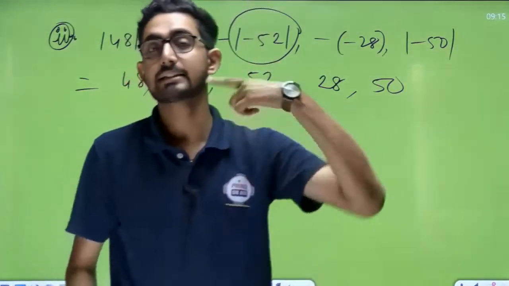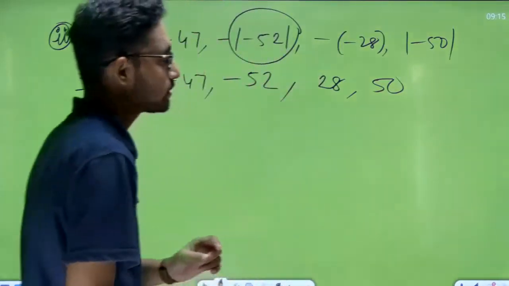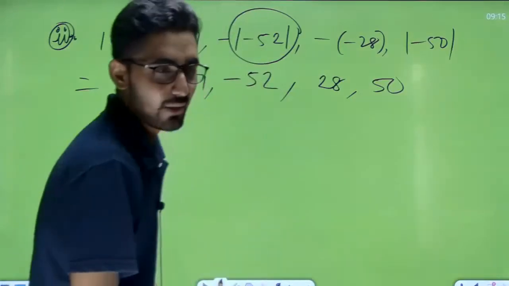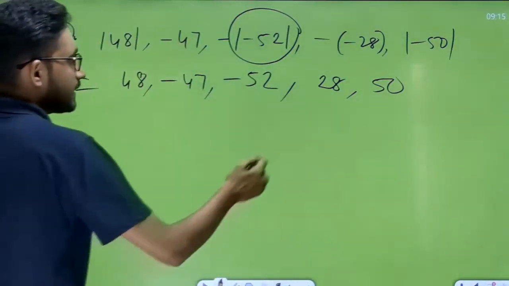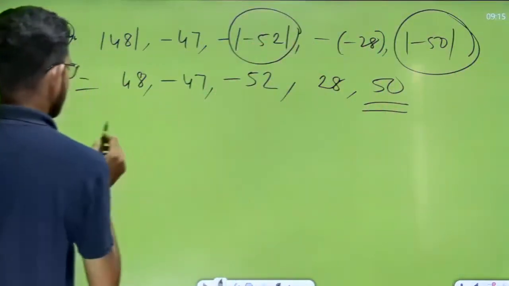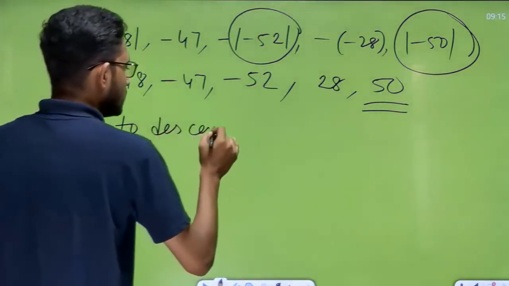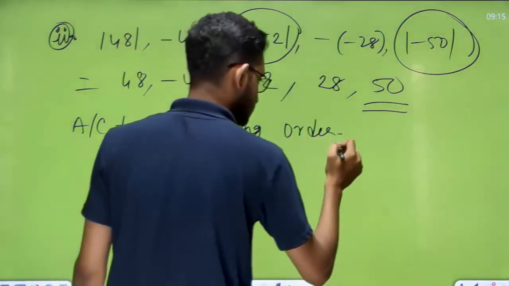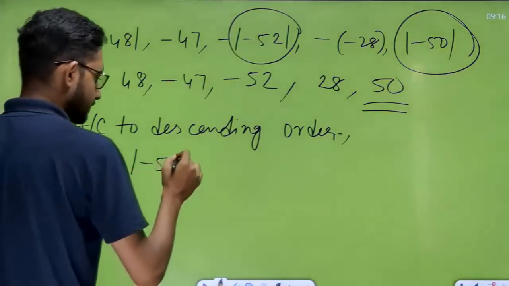अब descending order में कैसे करना होता है? Yes, students. Descending order means greater to bigger. Sorry, greater और bigger same ही होता है. Greatest to smallest number. Okay. So what is the biggest number? What is the greatest number? We can say 50. So write down the original value of this one. So write down here according to the descending order. According to the descending order, the answer will be minus ka 50.